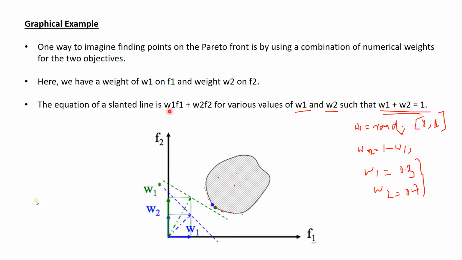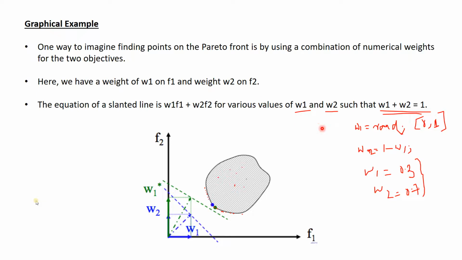When you use this weight function, you multiply it with the actual function. Suppose f1 is the first function and f2 is the second function. You want to find the line of the Pareto optimal, the Pareto front. So you design your own objective function, taking those two objective functions, such that W1 is multiplied with F1 plus W2 is multiplied with F2. Now what does this weight function do? This weight function helps you to directly jump to the Pareto front.